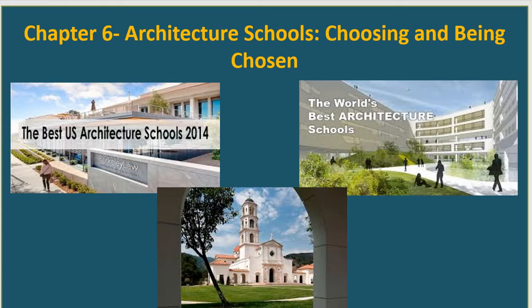Good afternoon, students. Today we will discuss Chapter 6, Architecture School: Choosing and Being Chosen. We have many architecture schools in California, so you can select one. Some of them are public schools, some are private schools. It depends